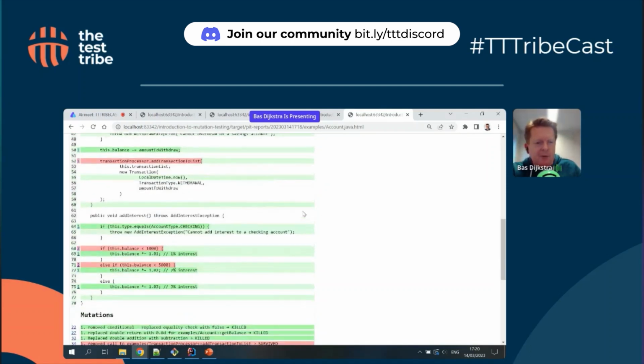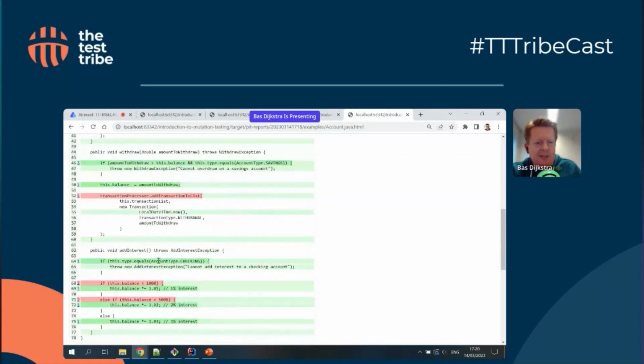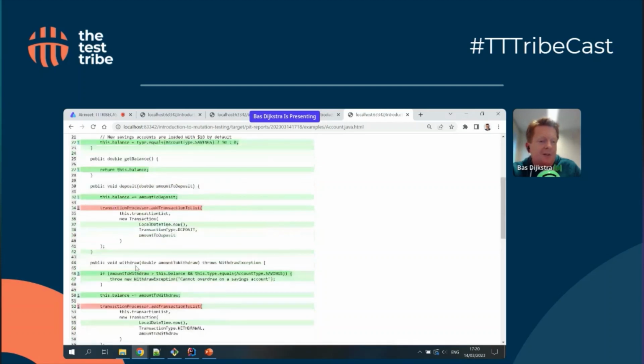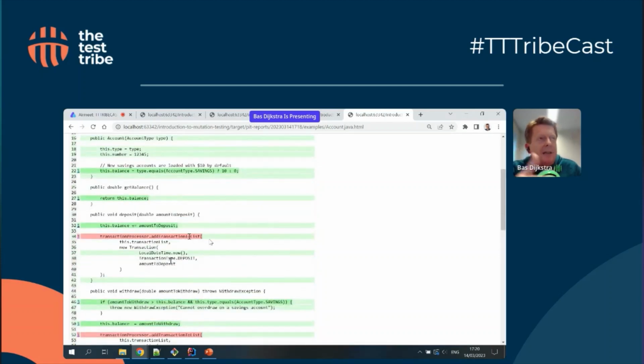I'm not going to be able to cover and fix all of these, but just know that these ones also have to do with conditional boundaries. And these ones are just, well, there's a transaction list, so basically a ledger of all the transactions that happen for a certain account. The mutation testing tool removed this entire method call, but that wasn't picked up by